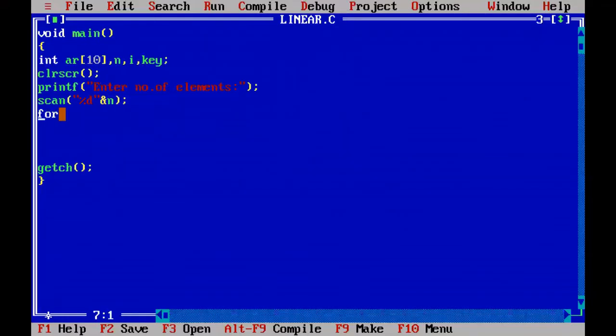Repeat the for loop 9 times, starting with i equal to 0, and i must be less than n. So 0 to less than 9 means 0 to 8, totally 9 iterations. So 9 elements we are going to capture. i++. Whenever the user is entering, just write one printf statement